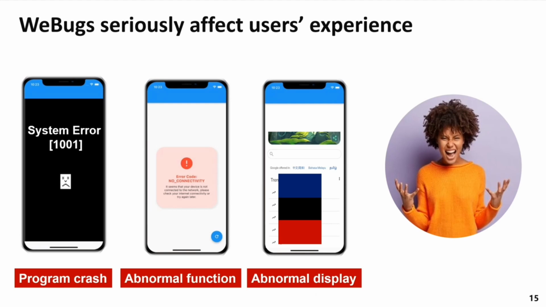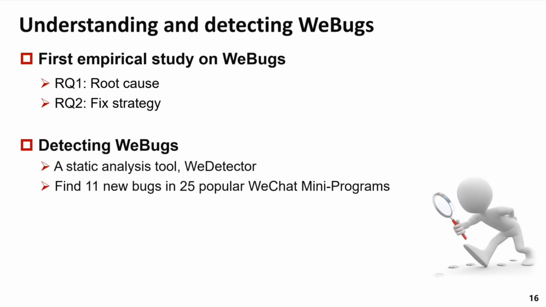V-Bugs can seriously affect users' experience. They can make the program crash, and lead to abnormal functions and abnormal displays. Suppose a mini program crashes while you are ordering food or writing a novel, you will feel very annoyed. To understand V-Bugs, we conduct an empirical study to characterize V-Bugs and try to investigate the root causes and fix